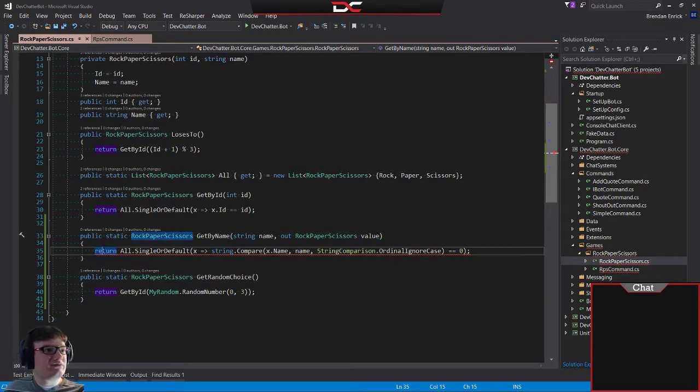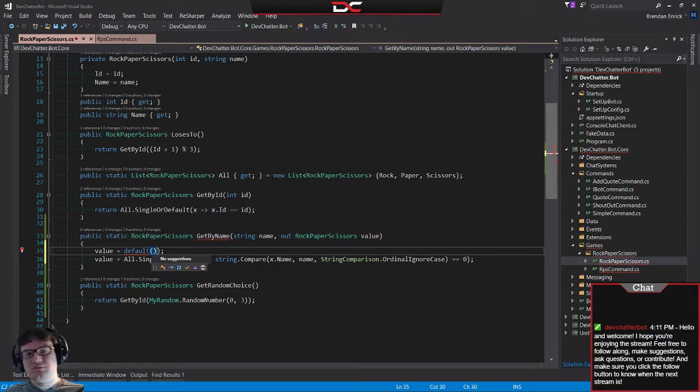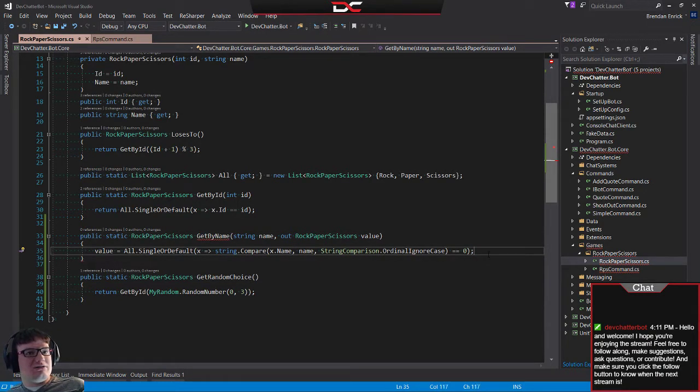There we go. Value equals default is our first step. Okay, so we're going to do a default rock, paper, scissors to begin with, and then we are going to assign that equal to that. Actually, because we do allow a null, and then